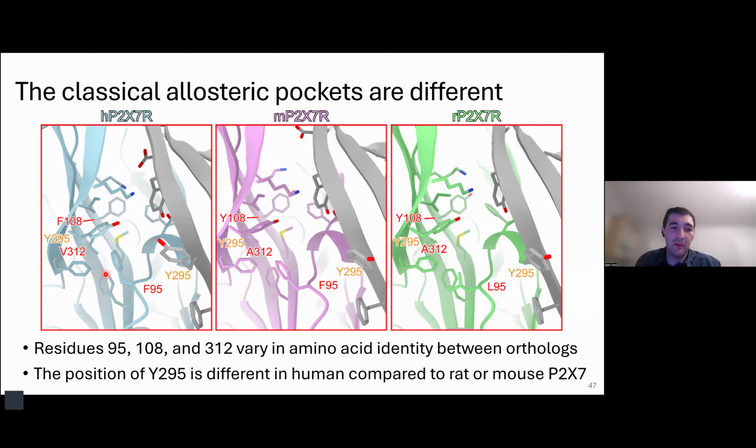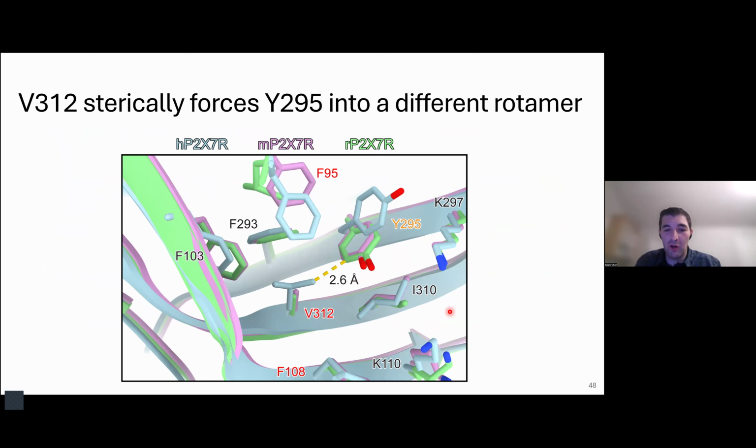P2X7 forces a different rotameric conformation for the neighboring residue tyrosine 295. And this is readily seen here on the right side of the panel, where the side chain of tyrosine 295 in human P2X7 points up and to the left, while in both mouse and rat P2X7, tyrosine 295 points up and to the right. So looking at this a little bit closer, when we overlay all 3 ortholog structures, we